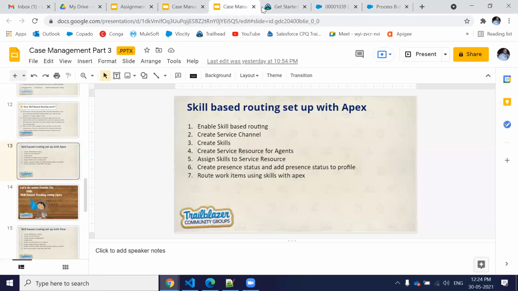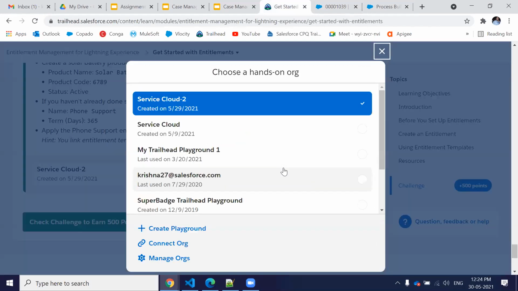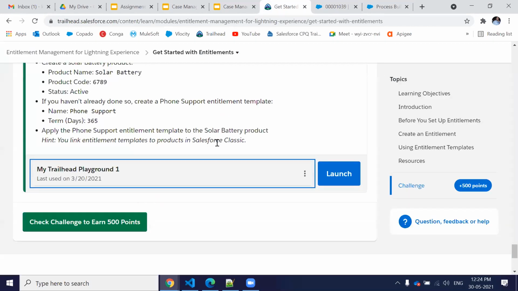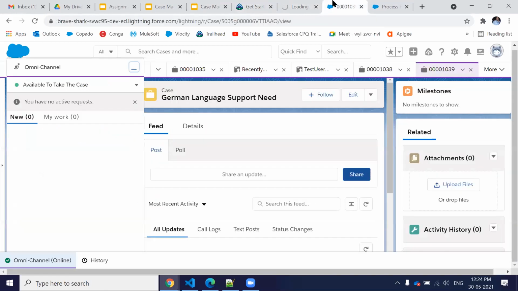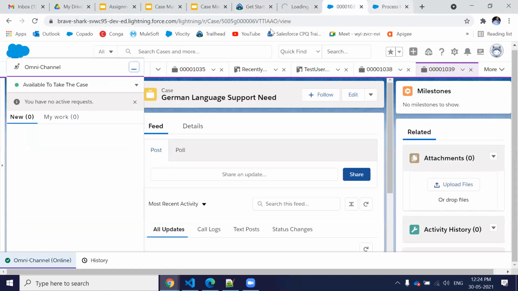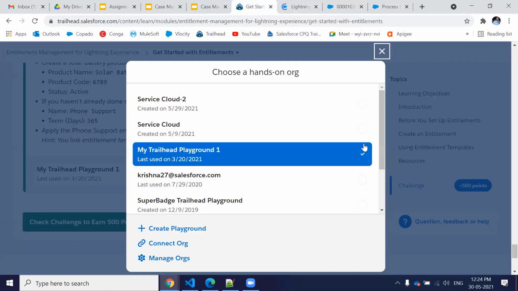Everything is not giving me any error because that thing works in my org. I need to check everything is in place. Why is it not working in the Trailhead playground? And why is it working here?